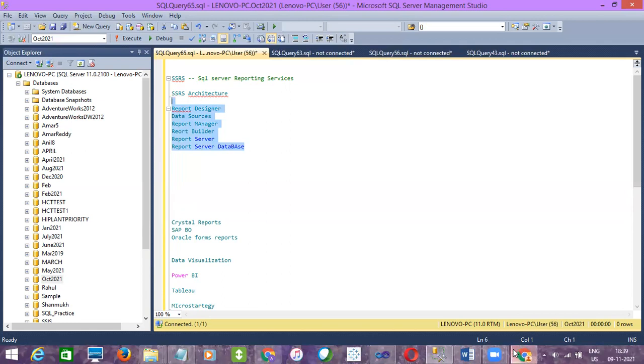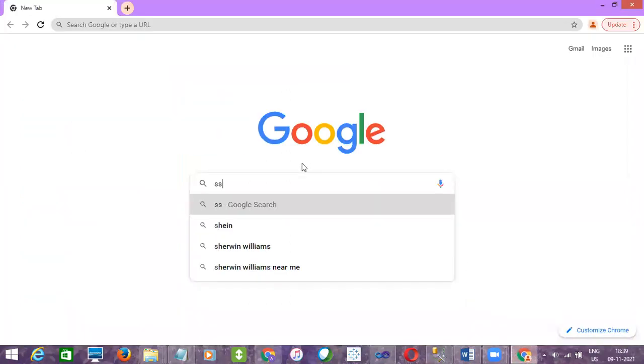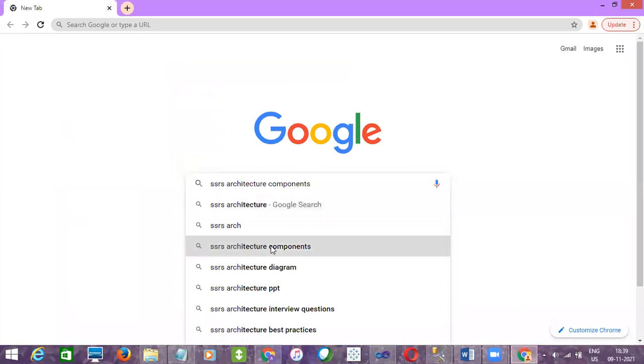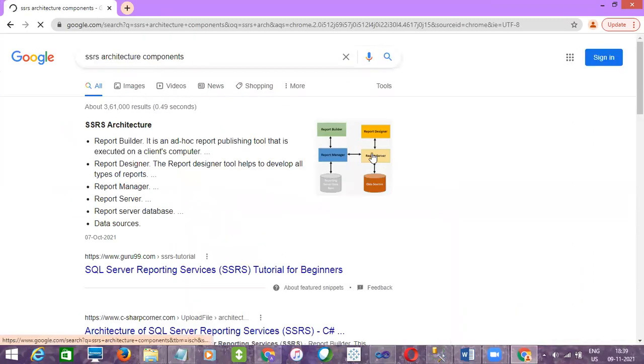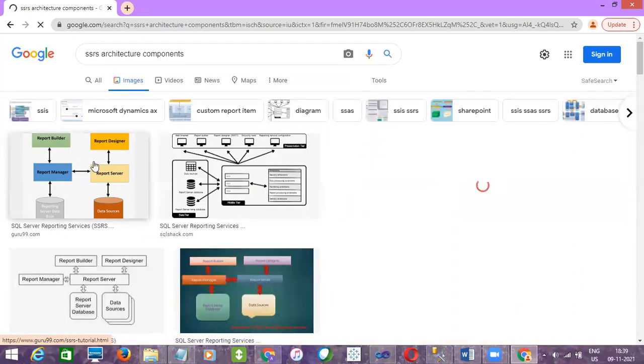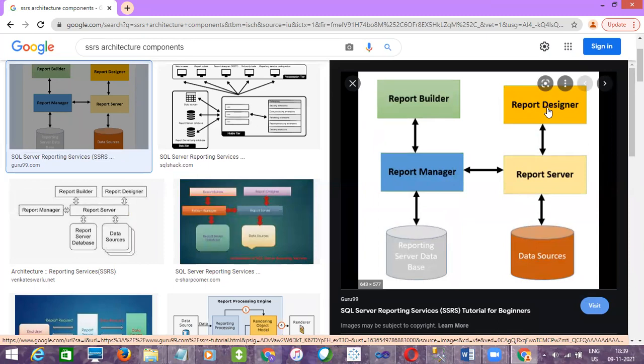If you want to view it visually, let me show you the SSRS architecture or components. Here you can see it, right? Report designer, report server, report manager, report builder, report server database, and then data sources.